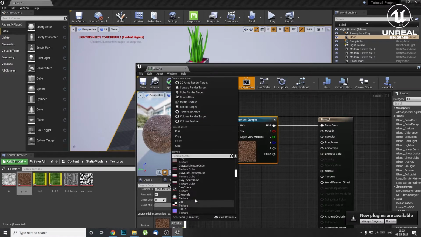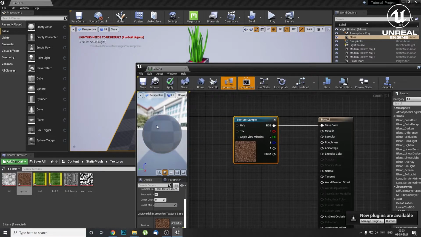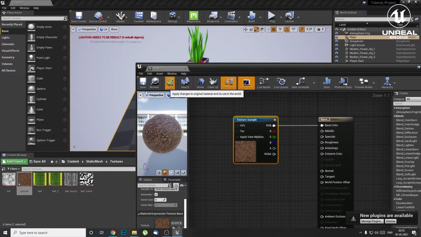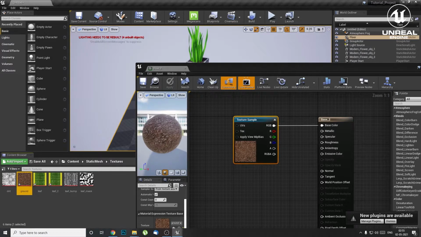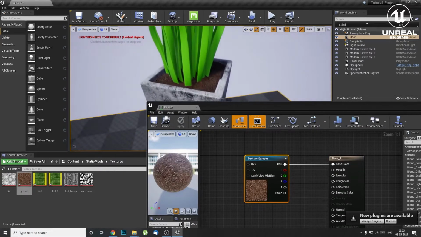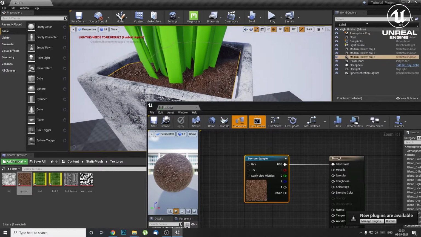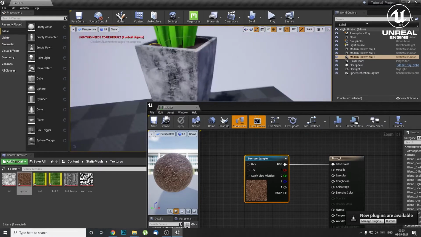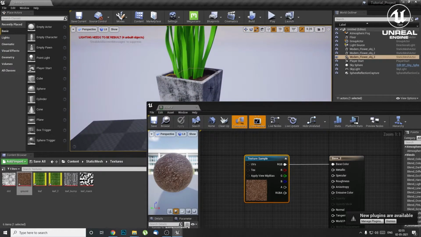There would be different types of assets. Just select your ground. That's the ground, and just select it. So it will be selected over here. Just apply and save, and you'll be seeing that the texture is already applied onto it because we already changed it. This is looking kind of good, but it's kind of shiny, right? But soil isn't shiny.